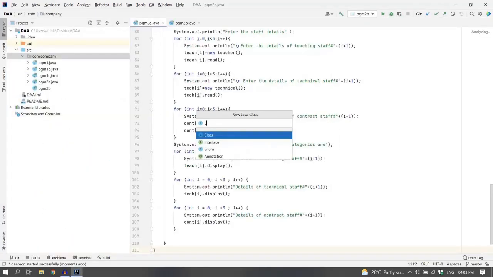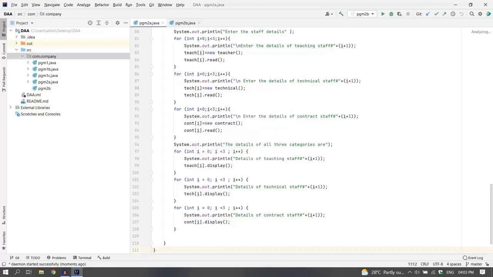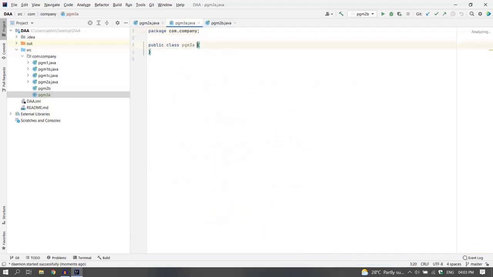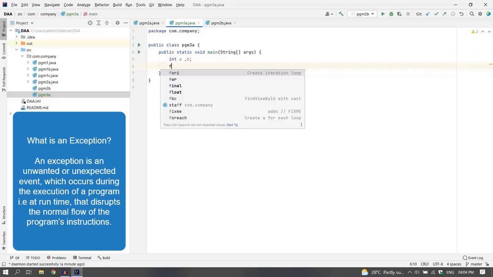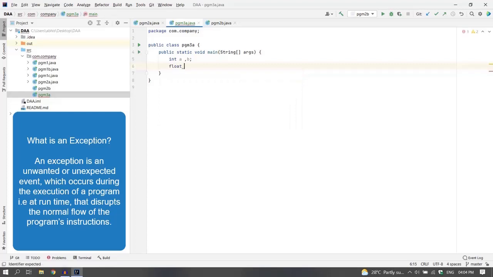Basically, we are getting two inputs a and b, and we have to divide a by b. And if b equals 0, then we have to handle the exception using try and catch clause. So we are declaring two integers a and b, which are going to be our input, and a float result res, in which we will be storing a divided by b.